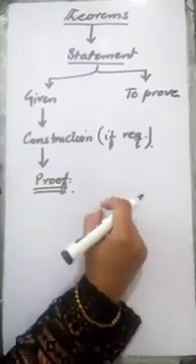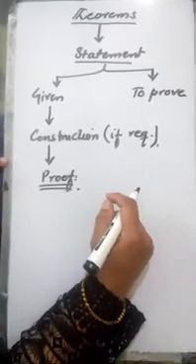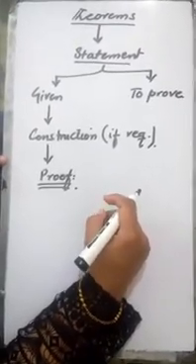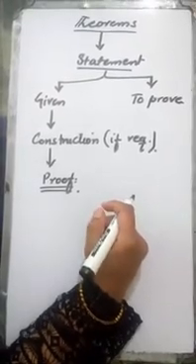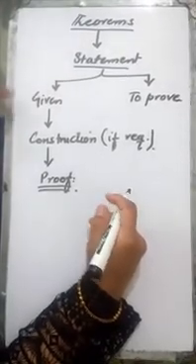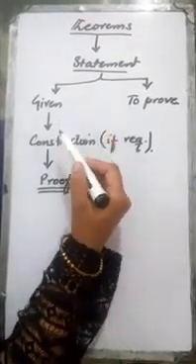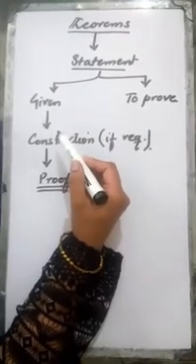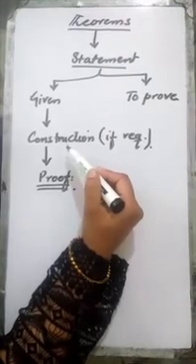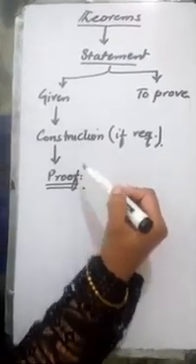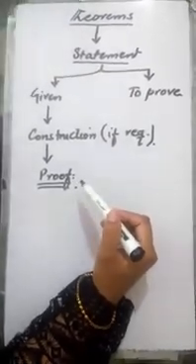Students, before starting the lecture, first I would like to discuss your favorite TV program, CID. When you see some murder, their team has the statement of what happened and where it happened, which is the given. When they do further steps like searching for someone or going somewhere, these are the construction, and with all these they will give some proof, and so the murder will be proved. The same is the case with theorems.